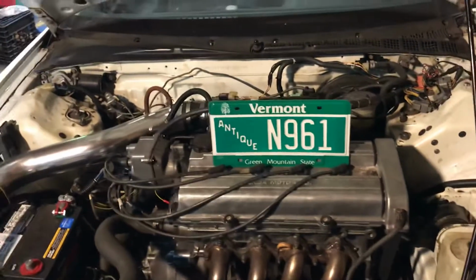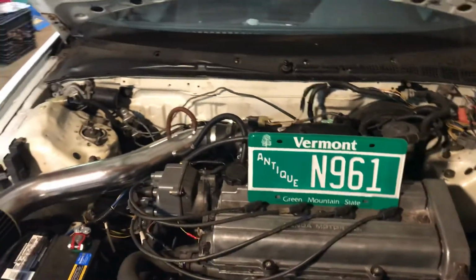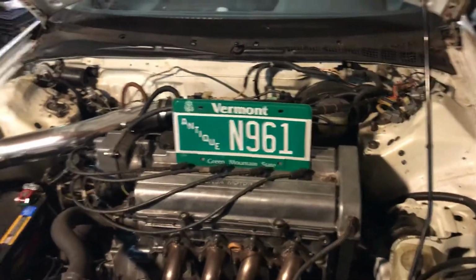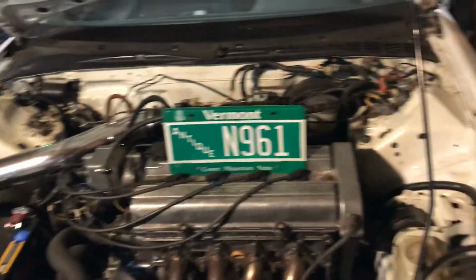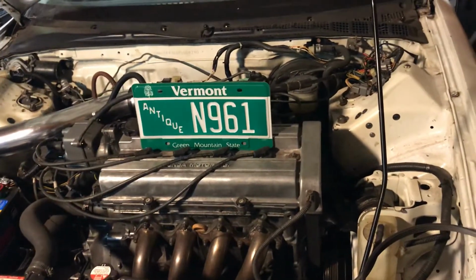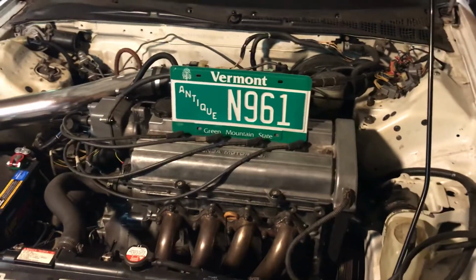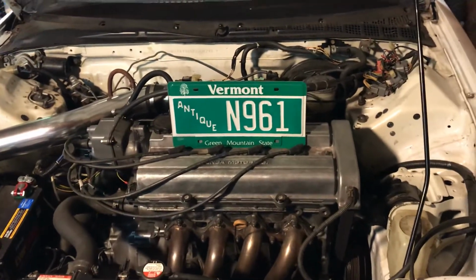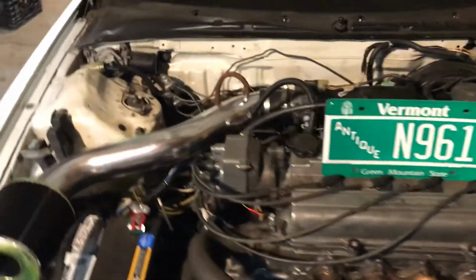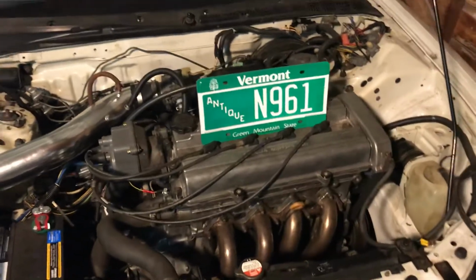So the car was running fine, perfectly fine, idling, everything. I took the car out for a spin, and the alignment was completely out of whack. I think this car was in a front end collision that messed with the caster. I think that's the word, caster. So it was a very bumpy ride. It felt like things were moving around. So I did my own in-house alignment, and everything seems pretty good now,